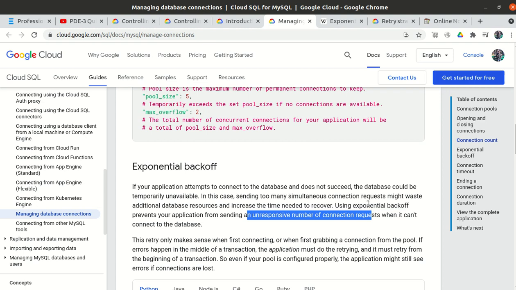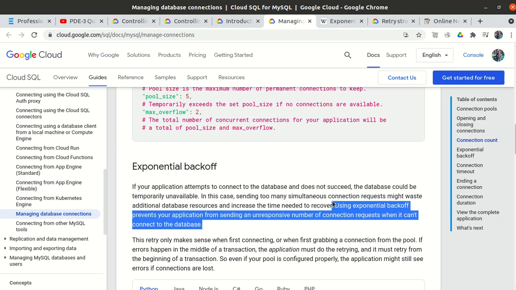If we use the exponential backoff methodology and get a failure response from the database, let's wait for 1 second and then retry. Then again, if we get a failed response, we increase the waiting time. Now we wait for 2 seconds and then try. Then again we get a failed response, so we increase our waiting time. This time we will wait for 3 seconds, or it depends on the number. Maybe we will wait for 1 minute, maybe 5 minutes, then 10 minutes, then 15 minutes. It is up to us how we design the application.